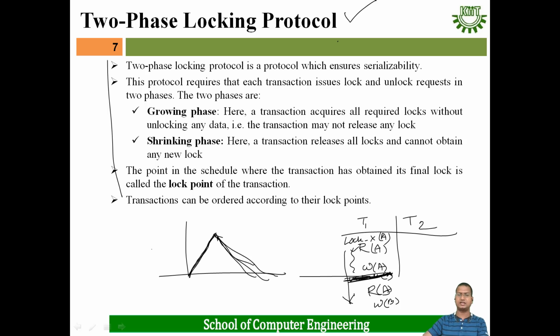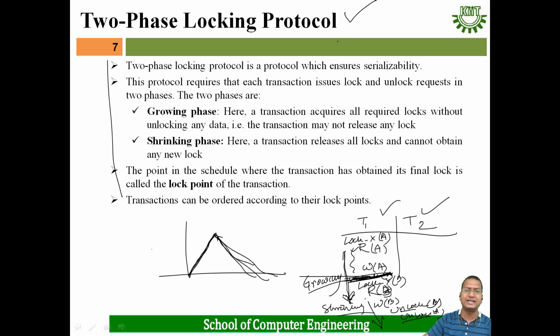That means here it has a request for data item B. That's why here it will apply lock X on B. Then after that it will unlock B and unlock A. The phase in which a transaction applies lock on the data items is known as the growing phase. And the phase in which the transaction releases the lock, that means unlock operations are performed, is known as the shrinking phase. And it has been seen that in two-phase locking protocol, serializability is always maintained.